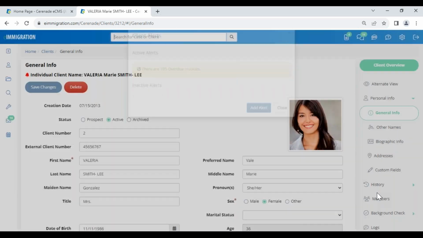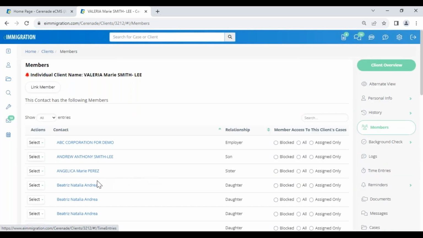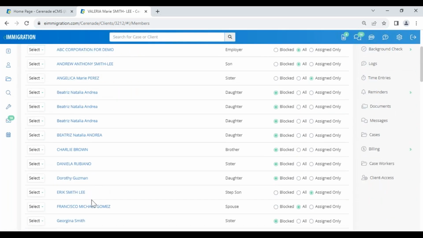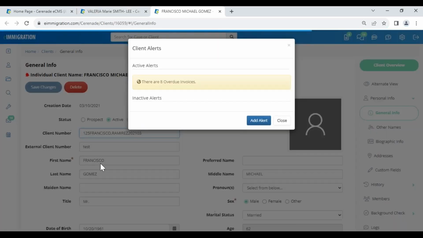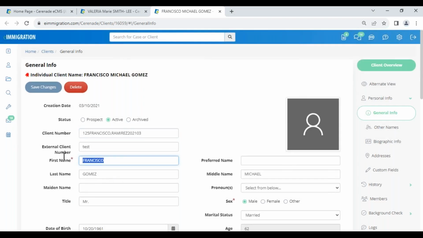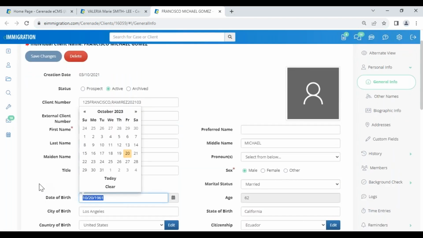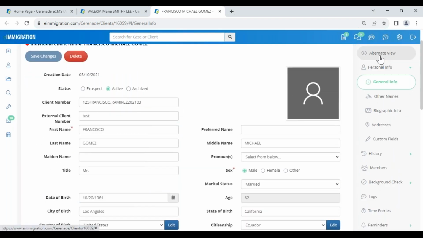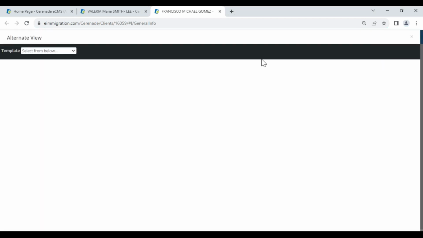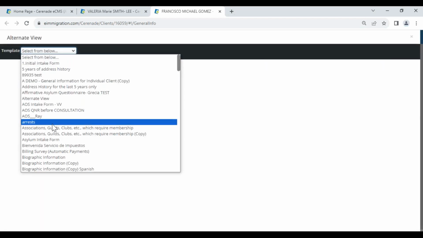But let's double check. If I go to her members, yeah, it did change. So now I see that the husband's profile reflects the correct name and the correct date of birth. All right. So if you use the alternate view, the benefit also is that you can choose that